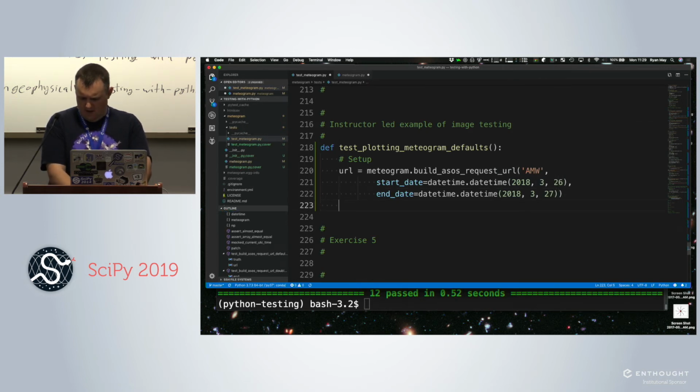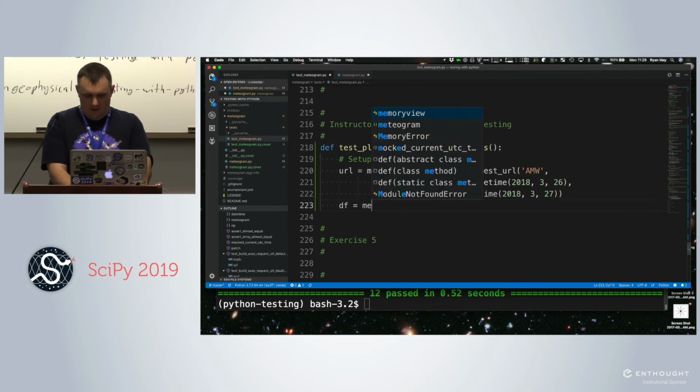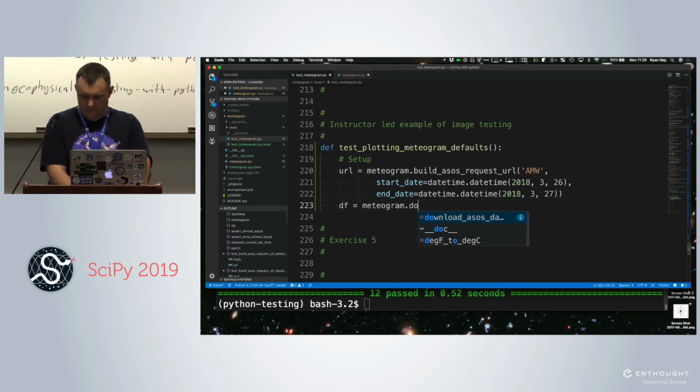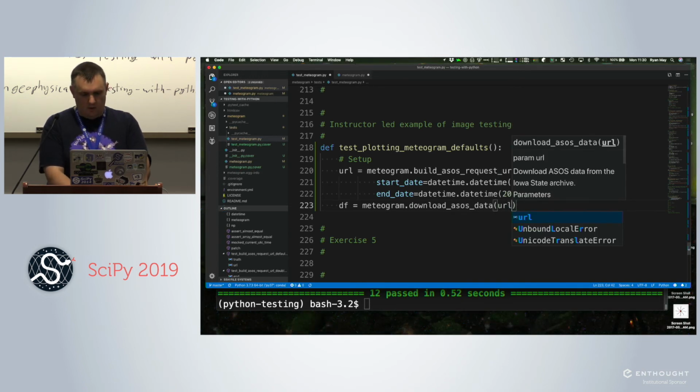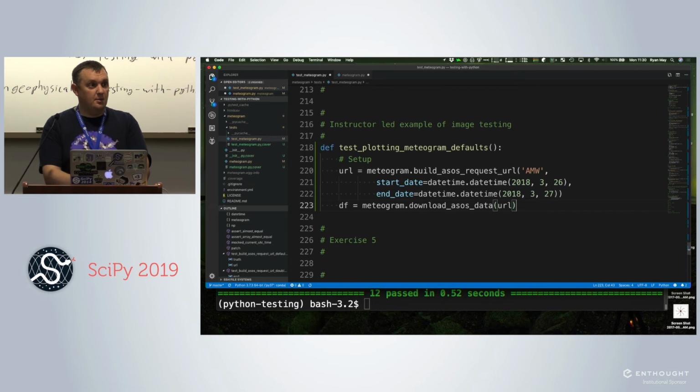Okay, we've not encountered this function before, but there's a function in the library that will go download this data and give it to us as a data frame. So we say df equals mediogram download ASOS data, the URL. So that goes out to the web, downloads the data, and gives it back to us as a data frame.